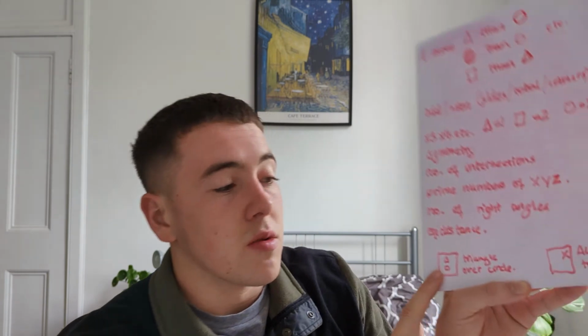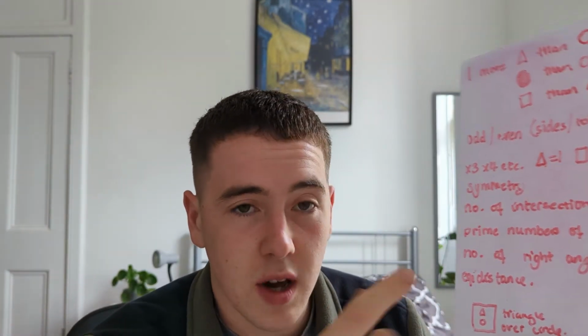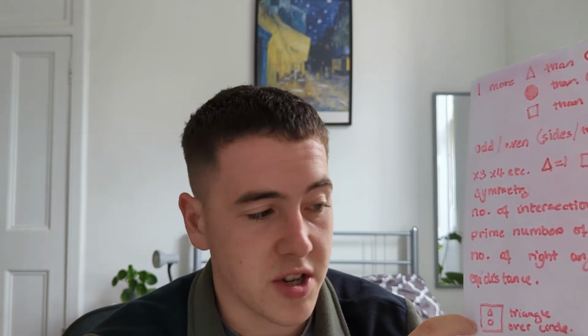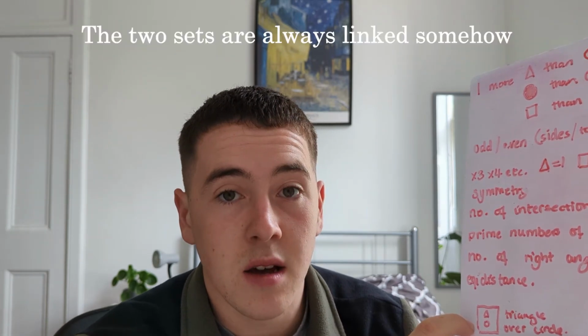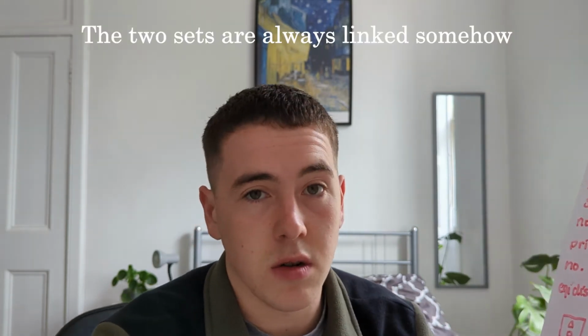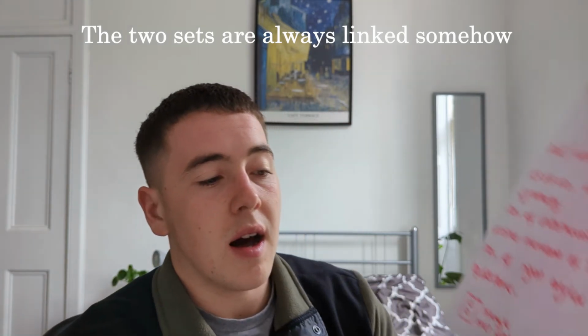In some cases a shape is always above another shape, so a triangle, for example, could always be over the circle in Set A, whereas in Set B the circle is always over the triangle. And the last one is there's always a shape at the top right. So these ones are quite easy to pick up on, as you'll have a box, and it is quite easy if you take a step back and you look and you always see a circle in the top